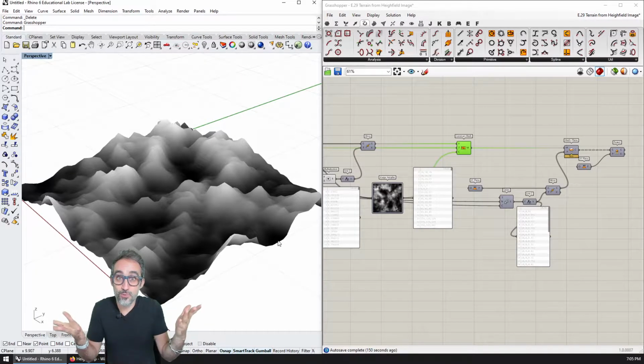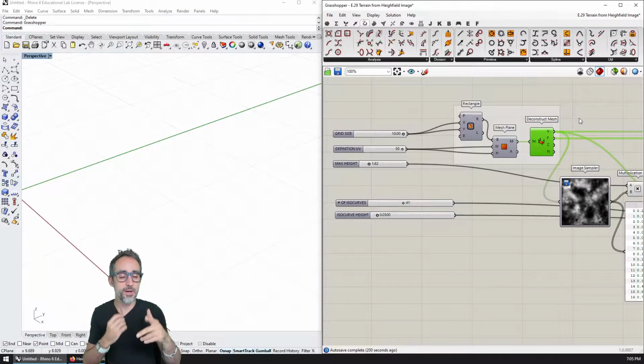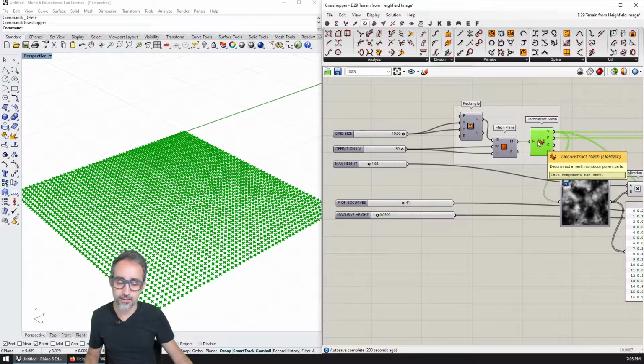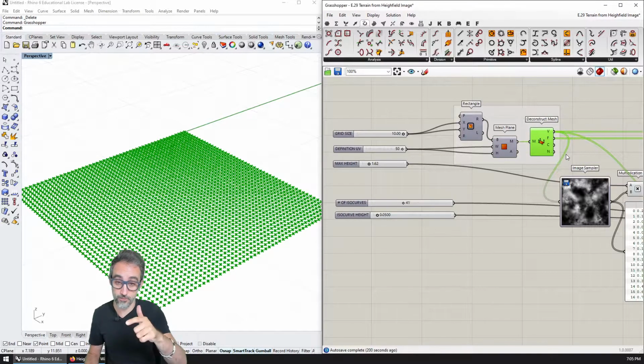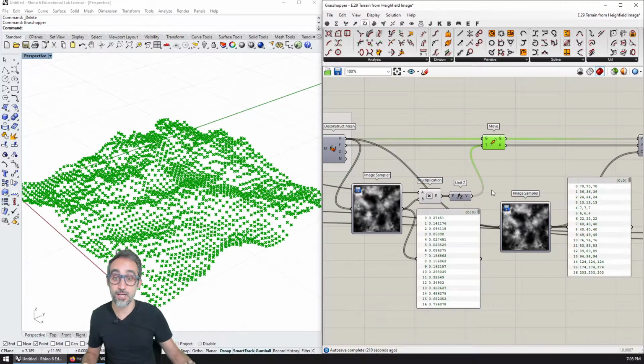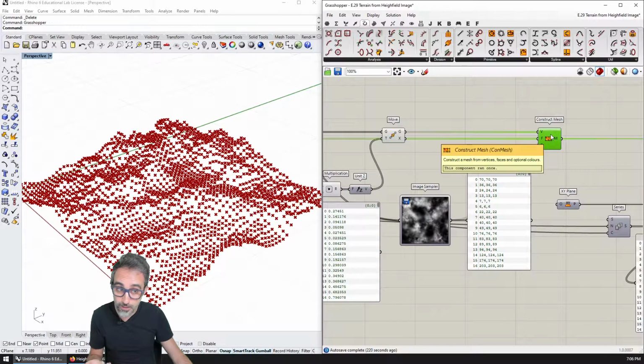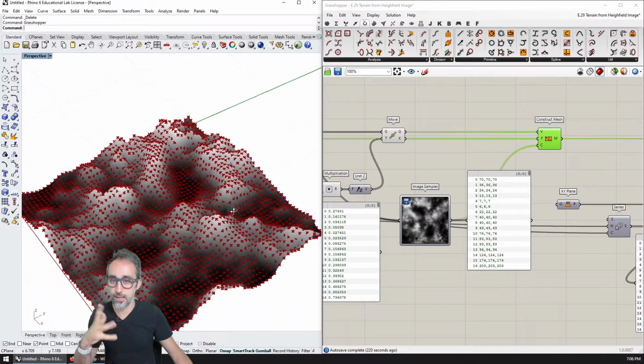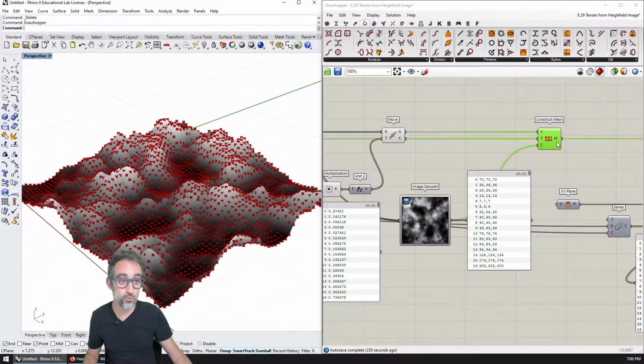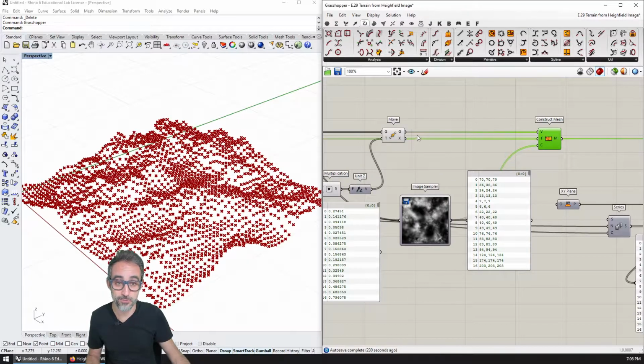So how would we do that? Well, let's go back a few steps to where we created the planar mesh that we then decomposed into all these points. Then we created another family of points that define the topography of the terrain. At this point, what we did was reconstruct a mesh so that we could have some kind of geometry to see that form, and also because it was very nice to have the colors projected on the mesh. Don't get me wrong, that's actually pretty cool.